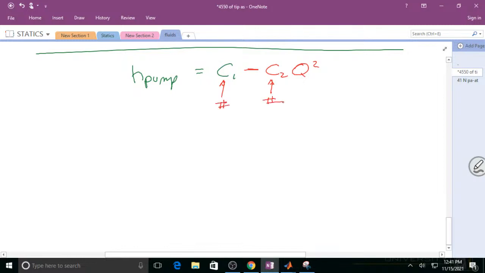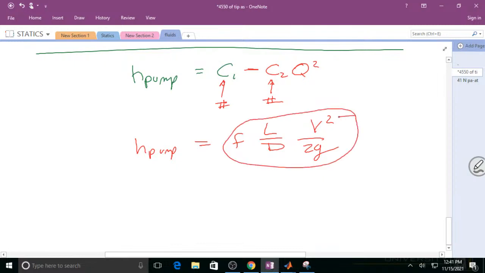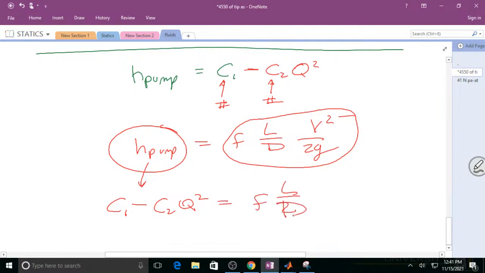Then what you have is head of the pump is equal to f L over D V squared over 2g. Okay, so that means all the losses have to equal the gain that's put in by the pump. But it turns out, if you put in this, you can actually do something interesting. Ooh, that's a D. V squared, but if you wait a minute,